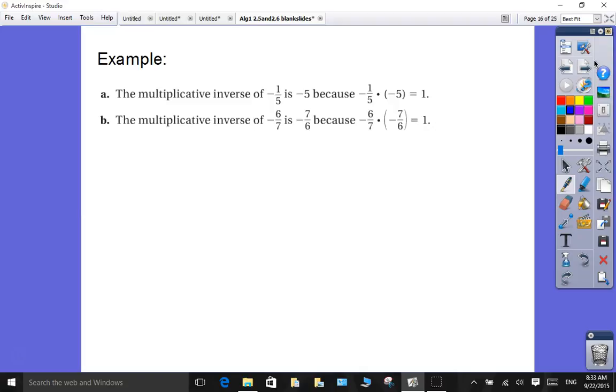Now, here's where it becomes more confusing, because what we just saw just looked like an integer and then 1